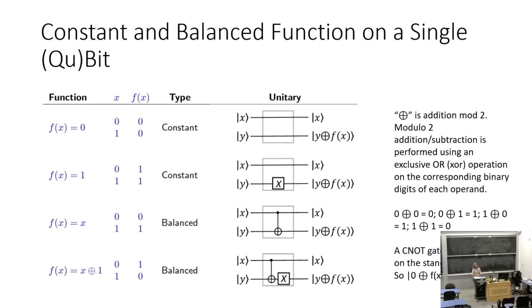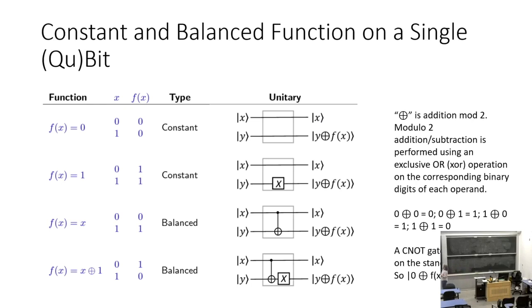Okay, so here's the setup for this problem. We have constant and balanced functions on a single bit. The input, we're going to call it x, is a single bit. The output is also a single bit. And we have our 4 possible functions. So we have the constant functions, and we have the balanced functions. And when we run these through